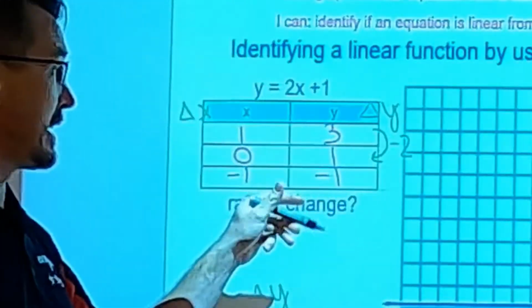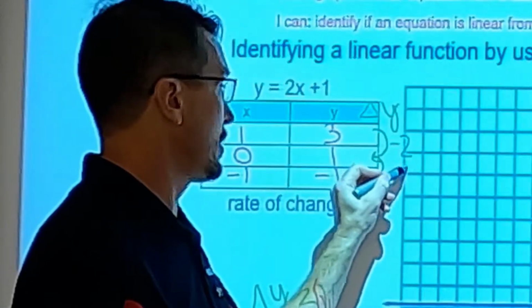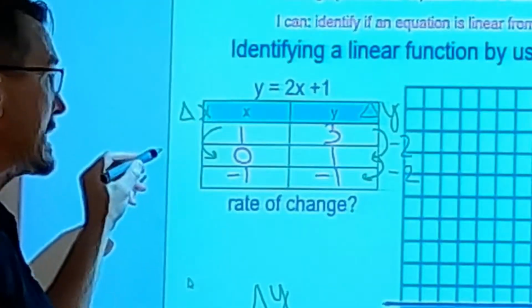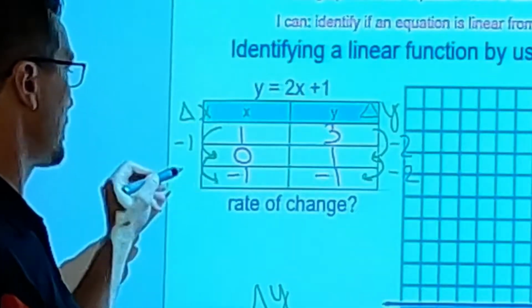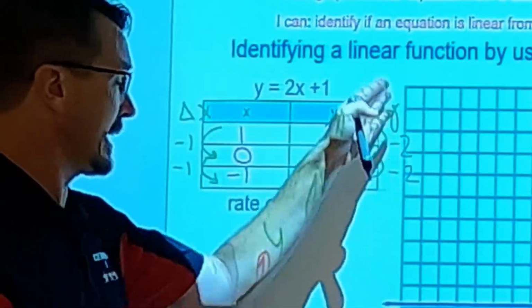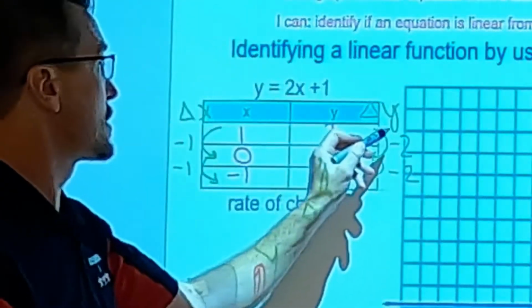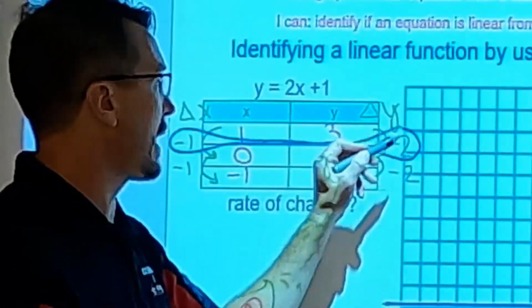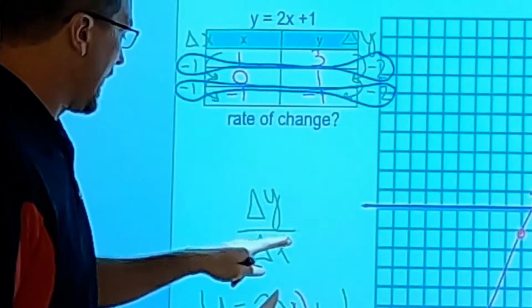When I go from 1 to negative 1, it changes by negative 2. On the other side, when I go from 1 to 0, it's changing by negative 1. From 0 to negative 1, it's changing by negative 1. But I'm not looking at just the 2's and the 1's. I'm looking at the ratio between the negative 2 and the negative 1. The change in the y and the change in the x. And when I put those together, I get